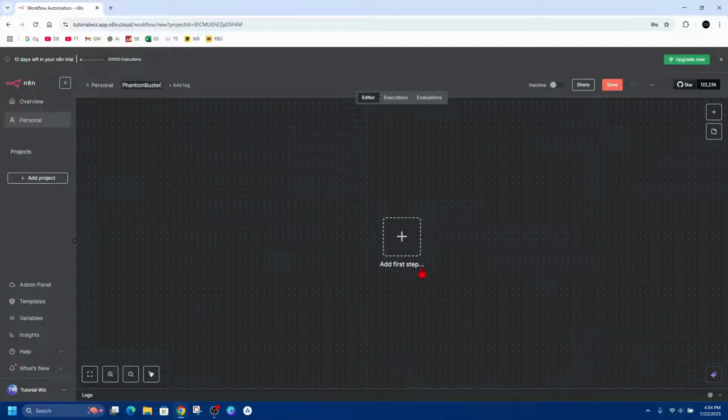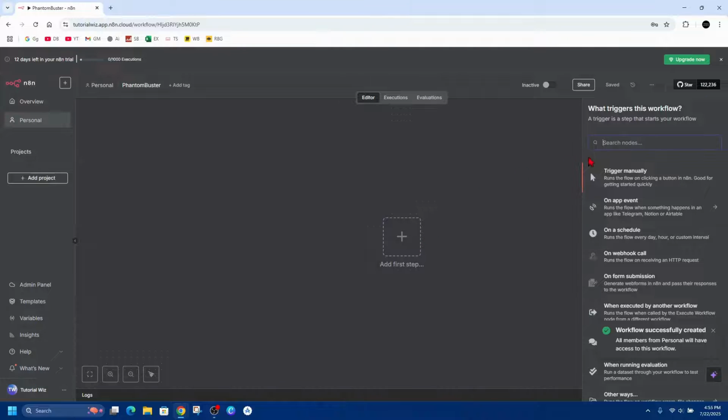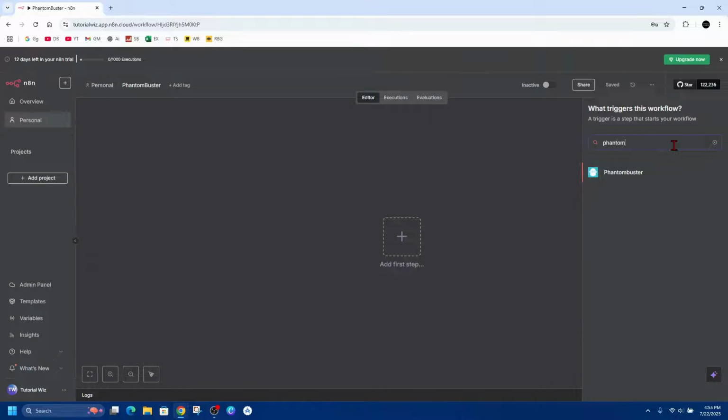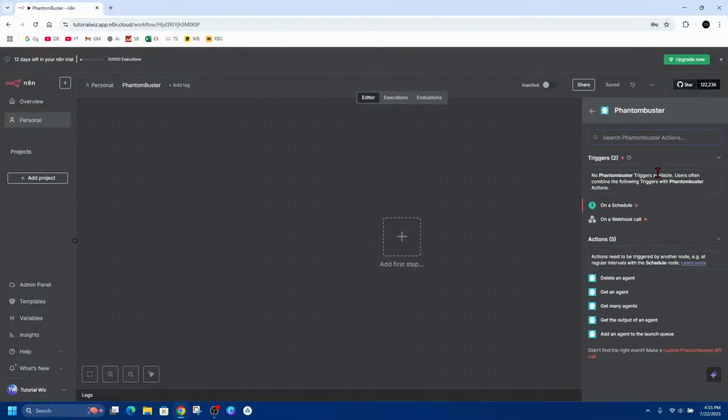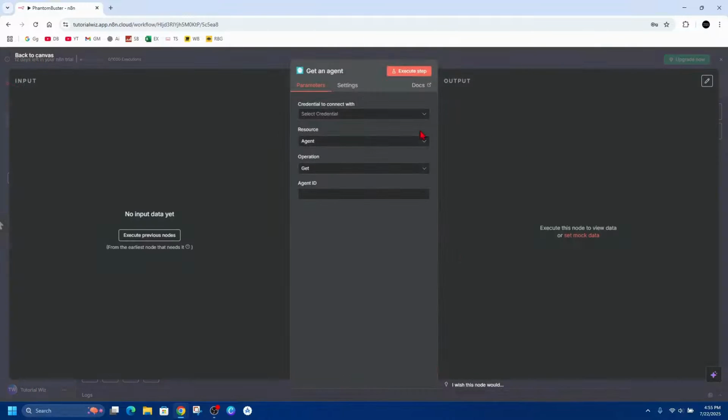Then from here where it says add first step, click on the plus icon, and then it will say what triggers this workflow. It triggers a step that starts your workflow. So we need to go ahead and search nodes. So type in PhantomBuster, there it is there. So go ahead and click onto that. Now we can choose a trigger or action. Now for this demonstration, I'm going to go ahead and click on get an agent, and you should get a